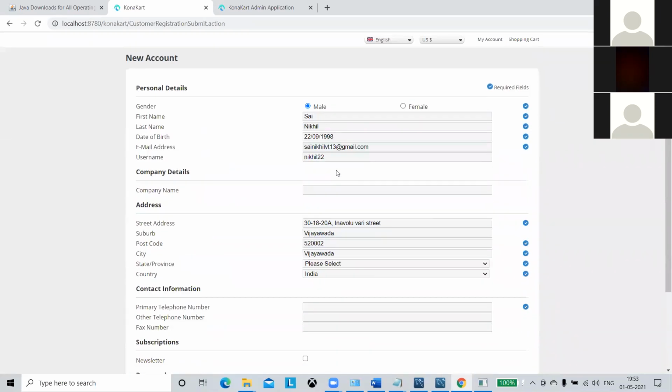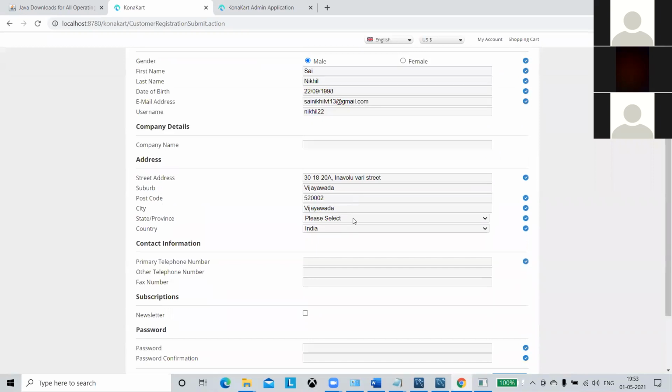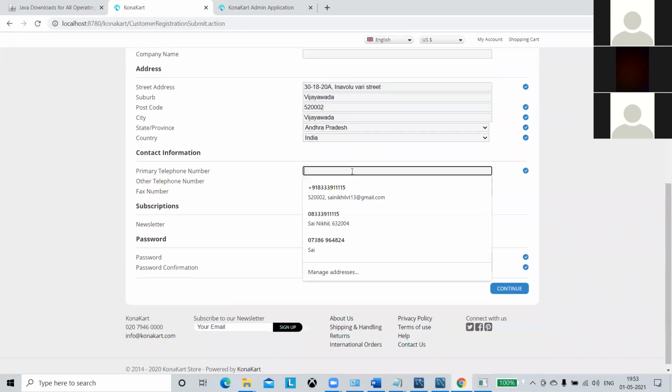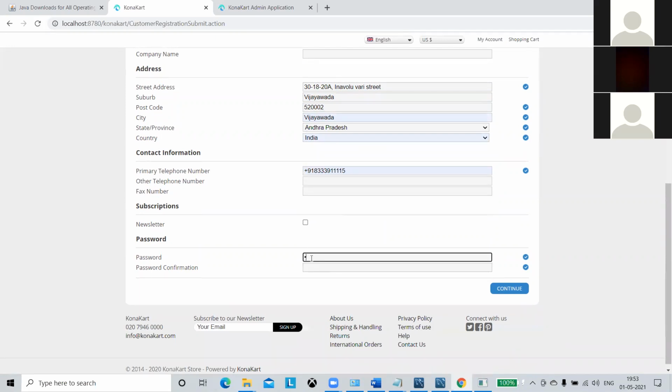Yes, you have to select city and select state. Enter that password and password confirmation. Yes, click continue.